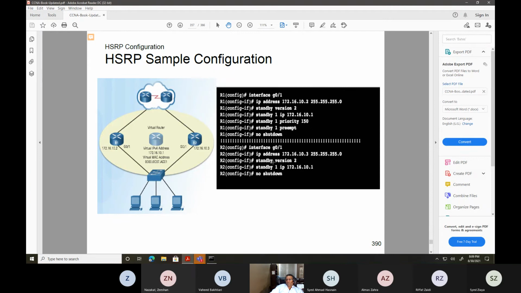This is the R2 configuration, IP address 10.3, standby version 2, standby 1 IP 172.16.10.1. So 10.1 is here, 10.1 is here. This is the default gateway for all these PCs. And no shutdown, basically just make sure that the interface comes up.